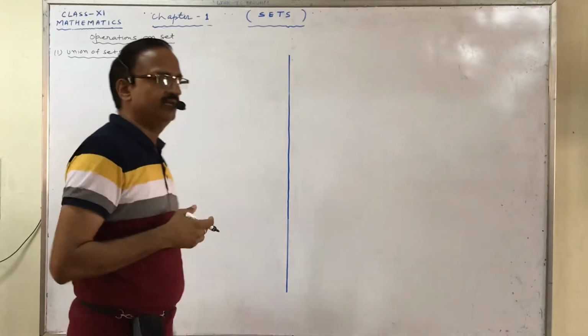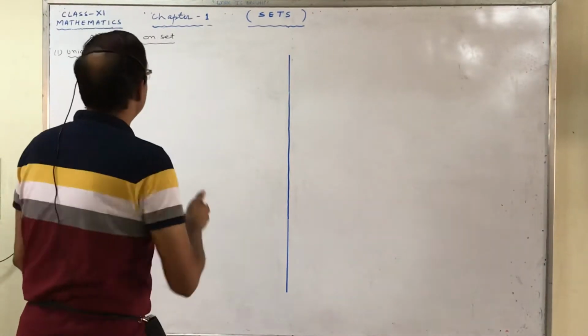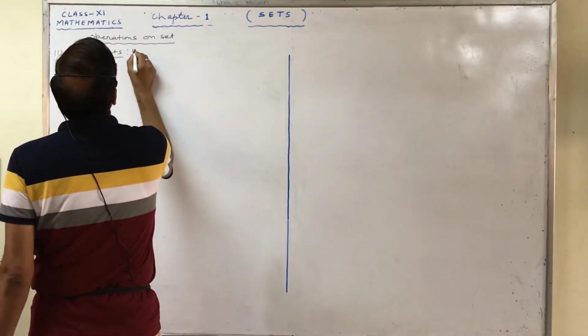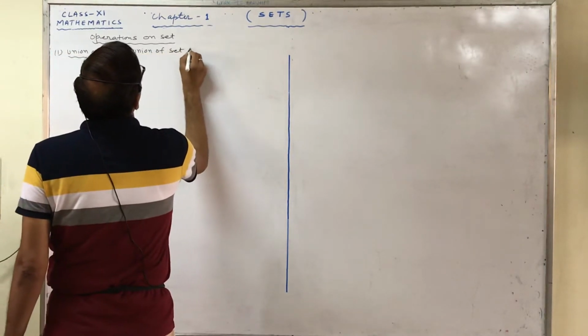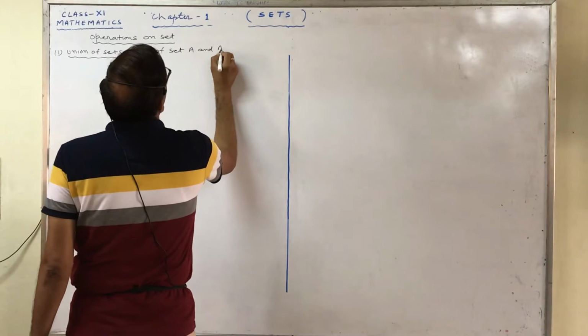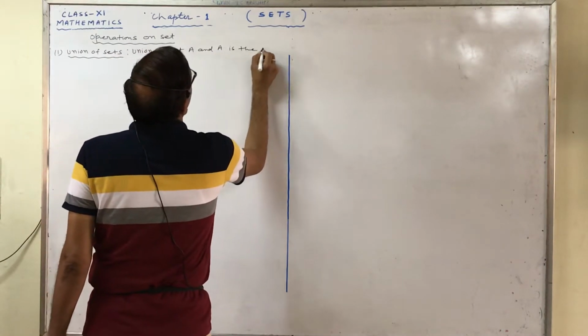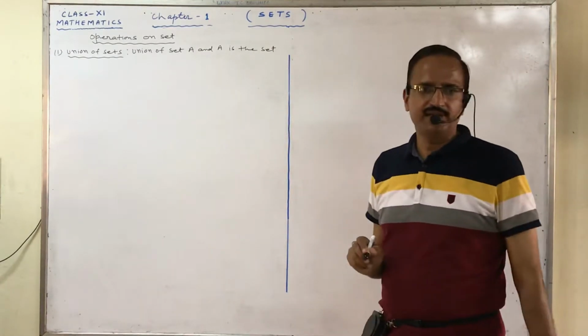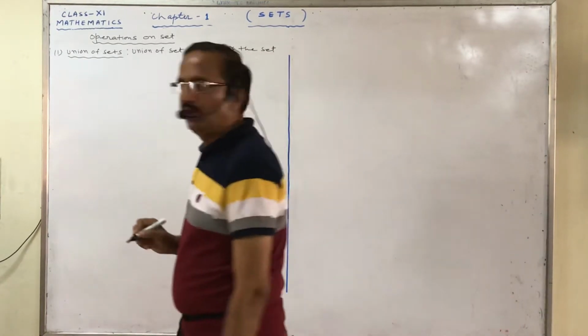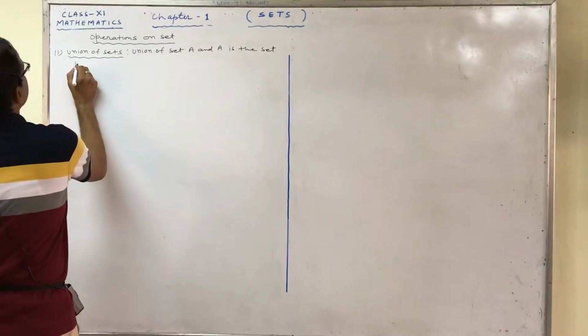Or in other words, we can say that union of sets A and B is the set which consists